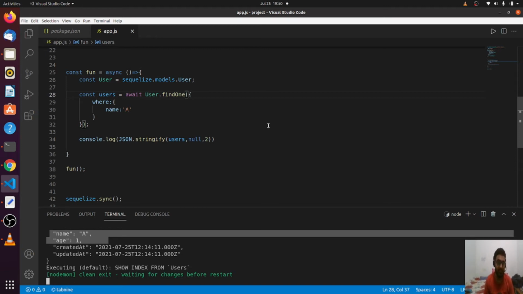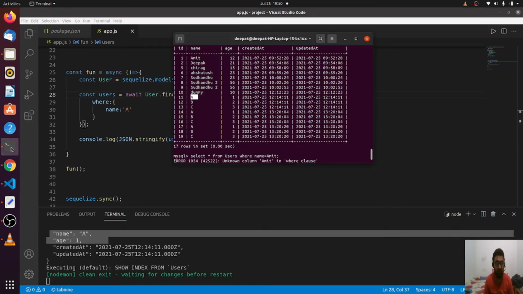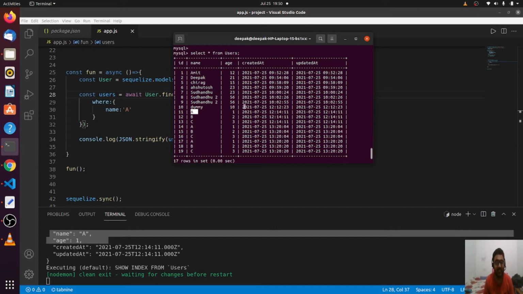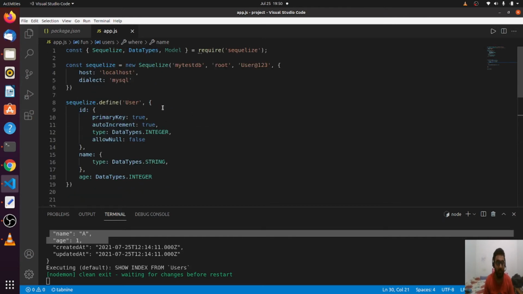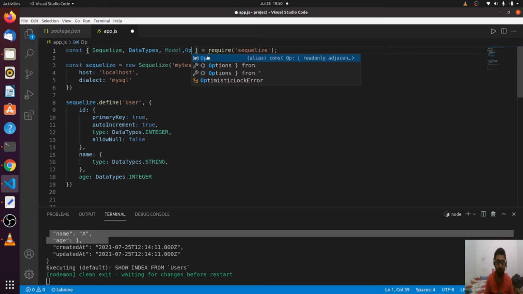One more thing, the last thing you should know in the where clause is the operator thing. Suppose I want all the users whose age is greater than 10. How can I do that? First of all, to do mathematical operations you need to import Op from Sequelize, that is Op with capital O and small p.